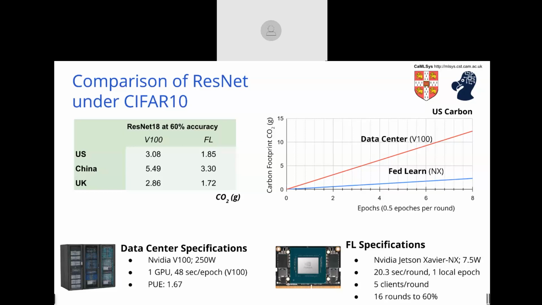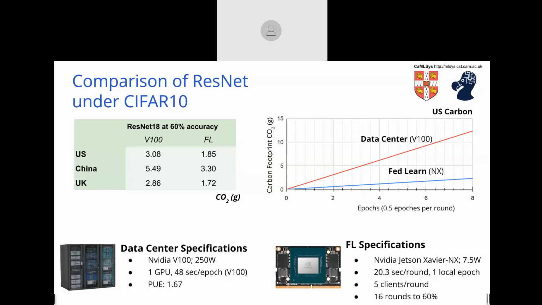against that of a federated learning system that's fairly high-end. It's a collection of NVIDIA Jetson Xavier NX devices. So these are fairly high-end embedded GPUs. You might find them in robots, or in sophisticated smart cameras that do computation locally. We're going to ask a network of these devices, I think it's a pool of 50, but only 5 clients are used per round. They're going to train a model that does object recognition on CIFAR 10, and we're going to analyze